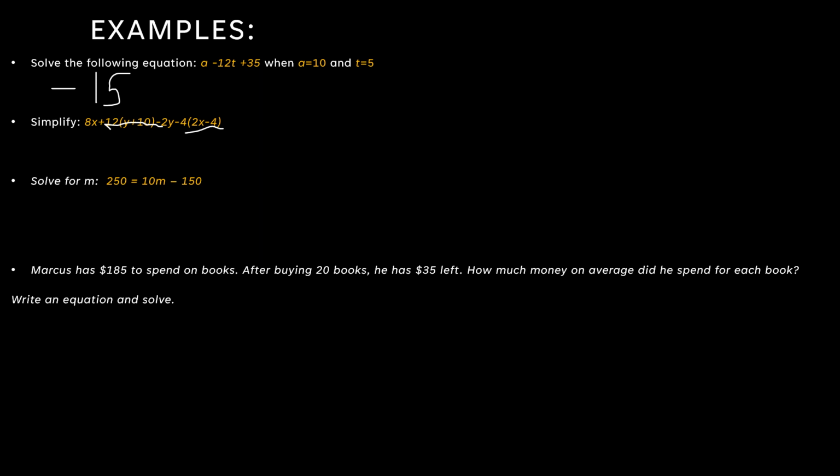So, in order to make it work, we're going to have to start by rewriting our equation with our parentheses solved through distribution. So we're going to keep 8x, and then we're going to solve by multiplying our 12 to everything inside of our parentheses for our first one. So we have 12 times y, which is going to become 12y, and then we have 12 times 10, which is going to become 120. We keep going, minus 2y